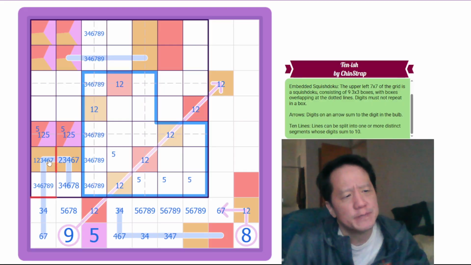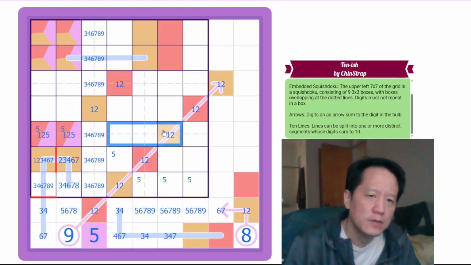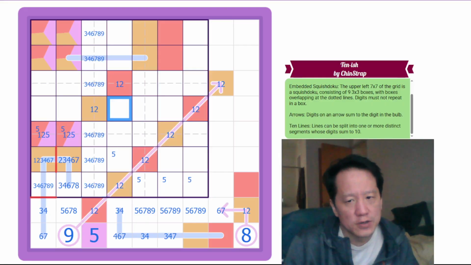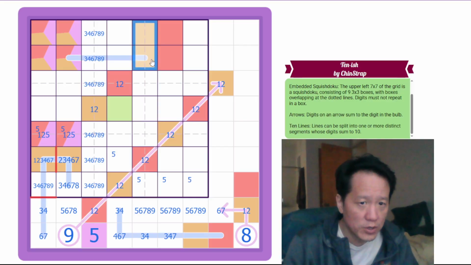So how does that work? So if that were the case, that's interesting. So if you have a digit here, it has to be either here and here or here. Sorry, here and here for box 2 and box 8 to have 1. Or here and here. Which means, again,